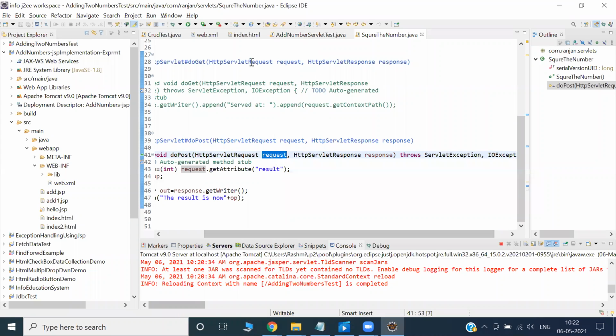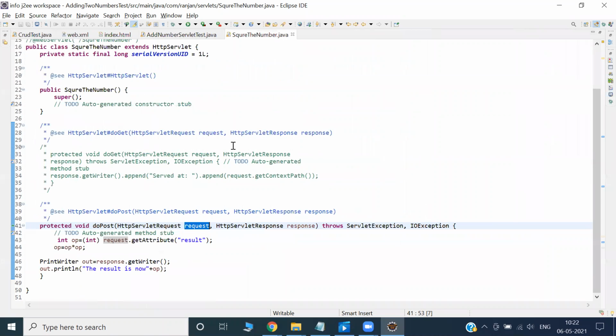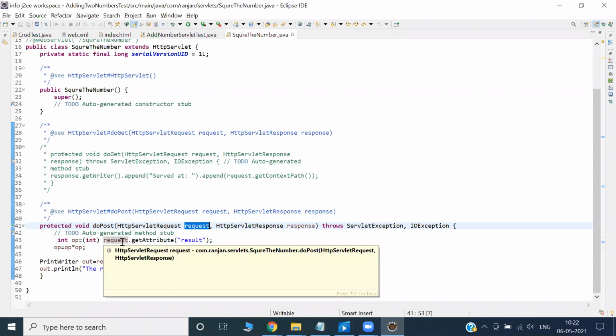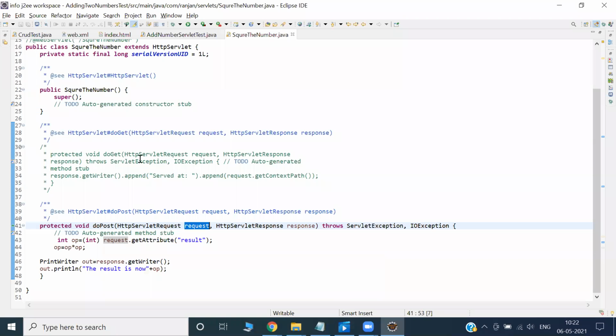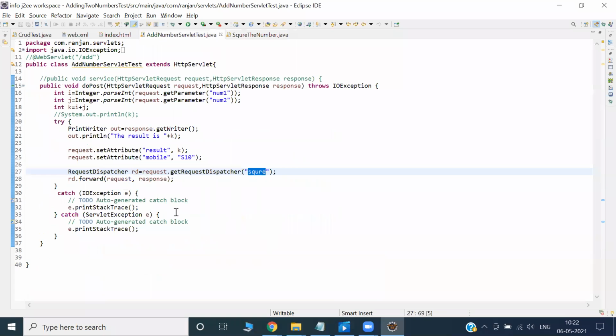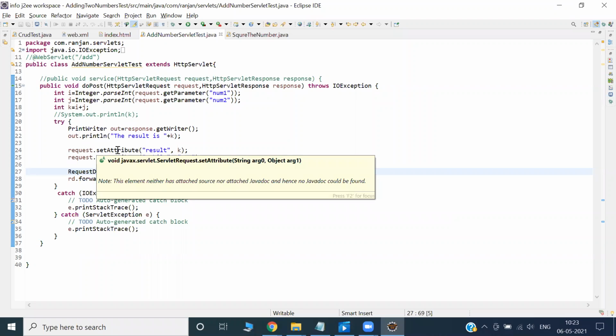Let me collect the value. Just some time back we set the value with request.setAttribute, right? What is the return type of setAttribute? Void. It is the same as the encapsulation getter and setter method.